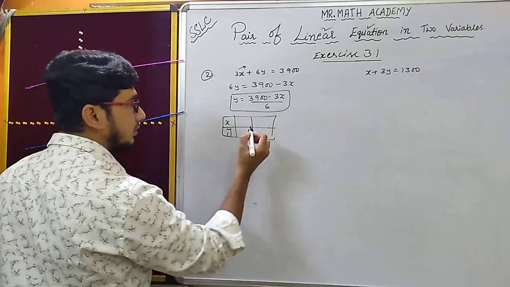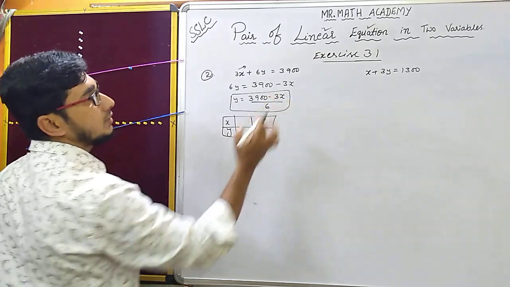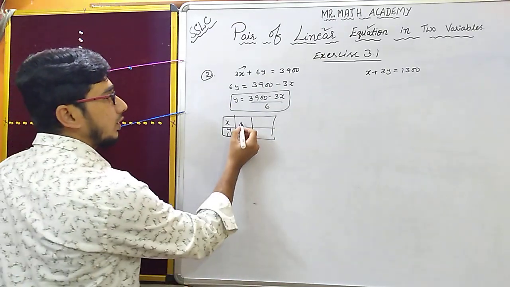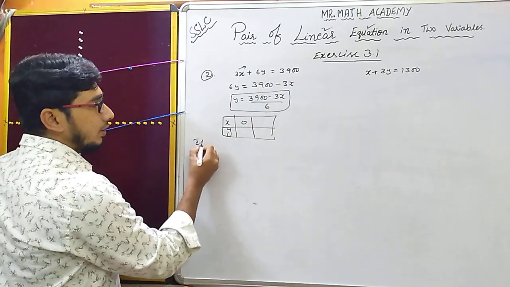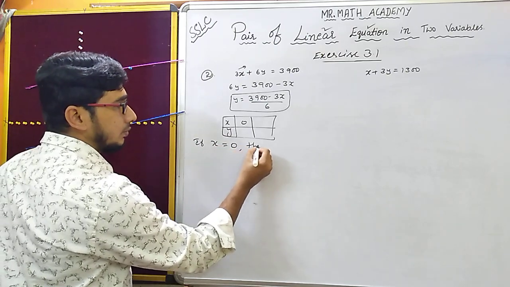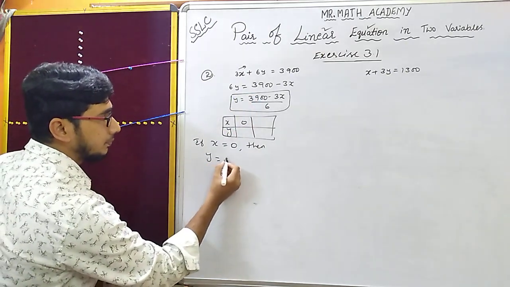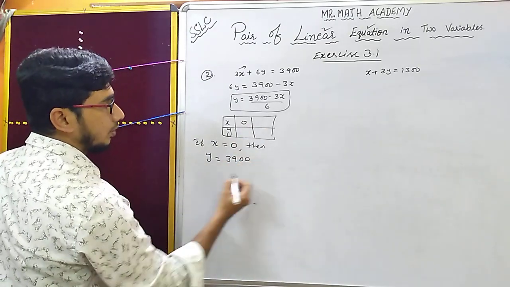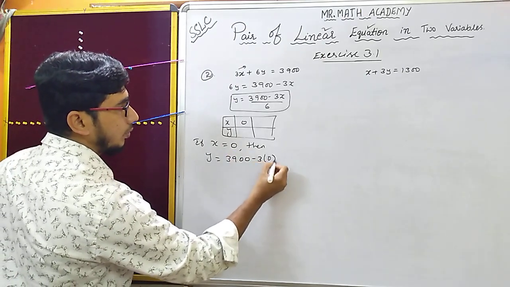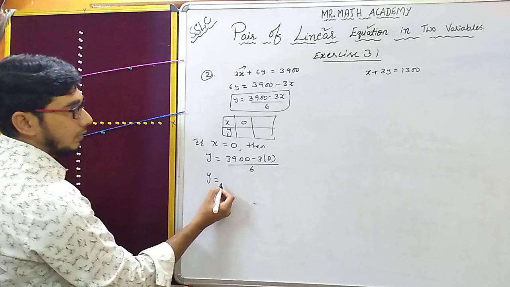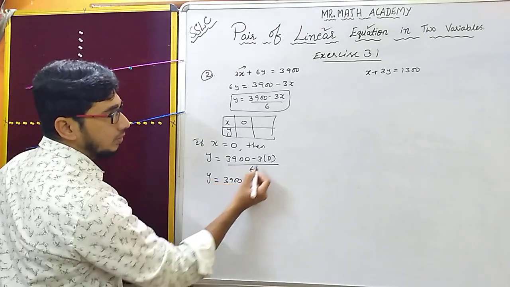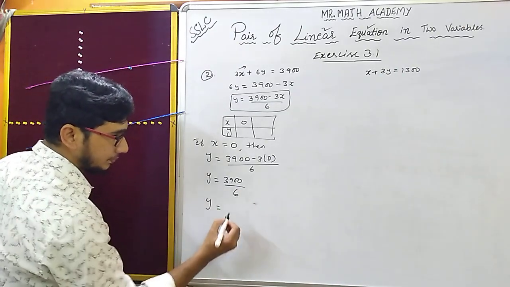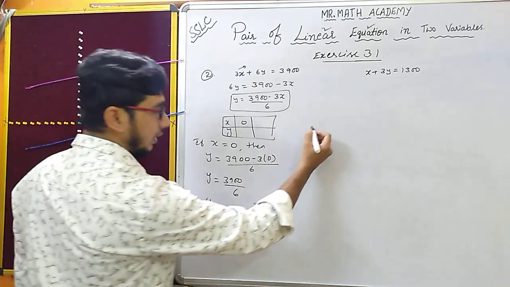So I'll consider, if I give x is 0, it will become 3 into 0, 0. Then easily I can divide this one, right? So I'll take 0. If x is equal to 0, then what will happen? The equation: 3,900 minus 3x, x means 0, whole divided by 6. 3 into 0 is 0, no need to write, leave it off, divided by 6. Now you have to divide. Here I'll write divide.